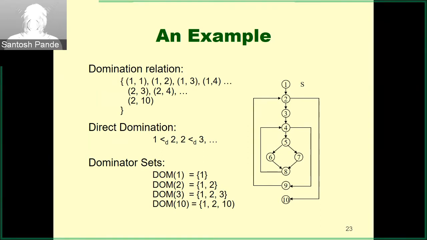At some point during the execution, whenever I revisit 8, I take their predecessors, I take the intersection of their dominator sets, and that happens to be now 5. So 5 will get added to the dominator of 8. And so finally, all the dominators will propagate. So for example,